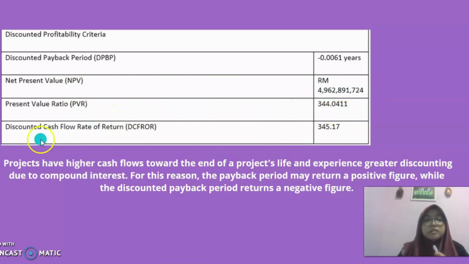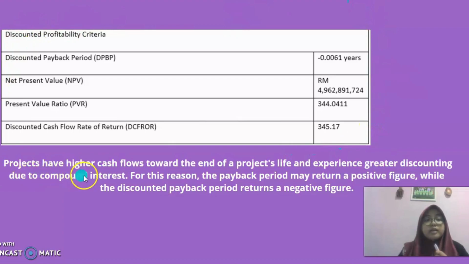And lastly is the discounted cash flow rate of return, which is 345.10. From this table, we can see there is an error, which is DPBP and also discounted cash flow rate of return. And this error may have been caused because of the error in cost calculation, and